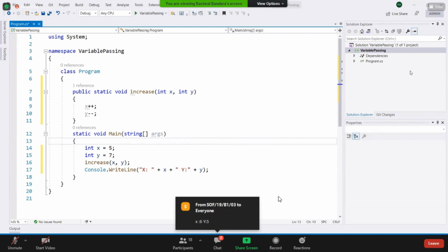Okay, I received an answer from B1: 6 and 5. X equals 6 and Y equals 5. Any other answers? Okay, he changed the answer to X equals 6 and Y equals 6. Others? X equals 6, Y equals 5. Others, quickly.